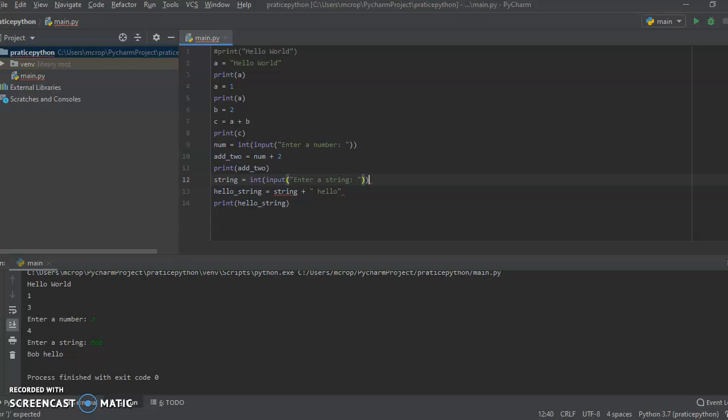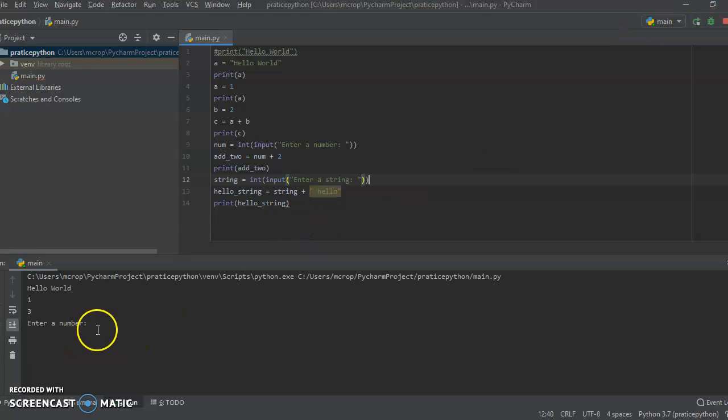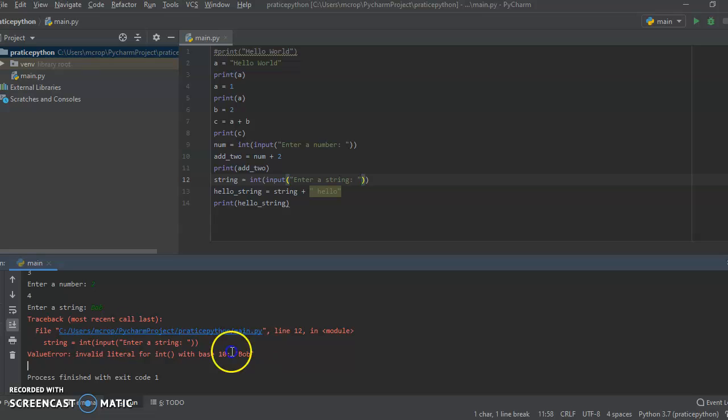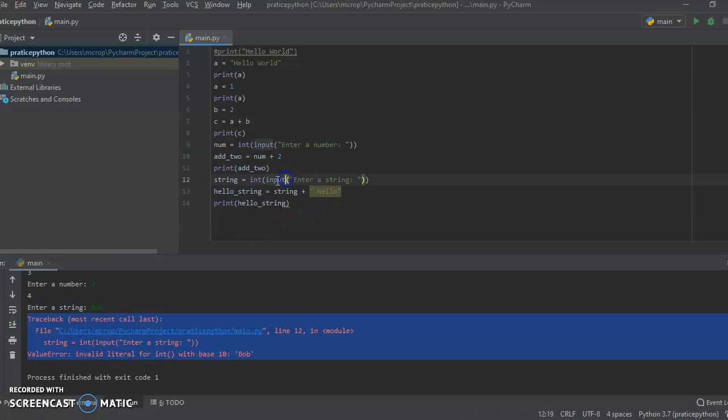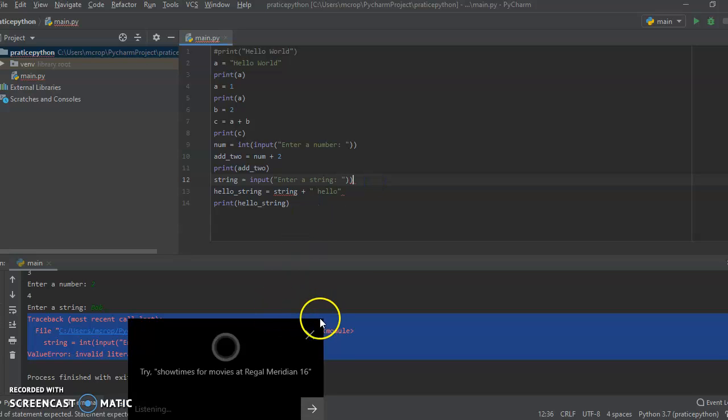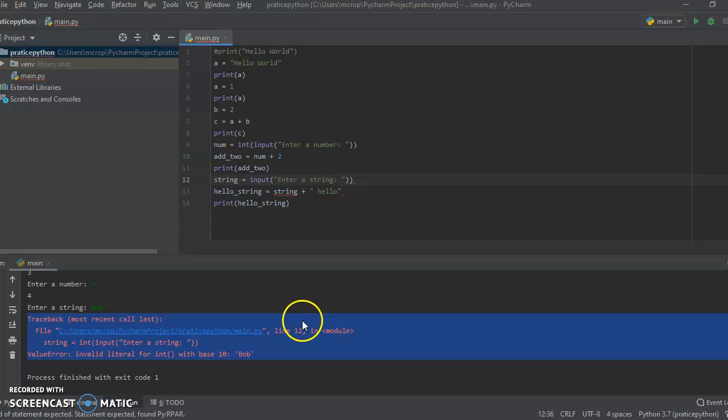So that's why that gives us an error, so let's say we converted this to an integer. We wanted to see what would happen. Okay, so it's going to, of course, run the same code we had earlier, and then enter a string. We'll still enter Bob, because Bob wants to say hello. Now, it gives us an error, because, again, you can't combine different data types. Okay, input, oh yeah, okay. So, we now know about